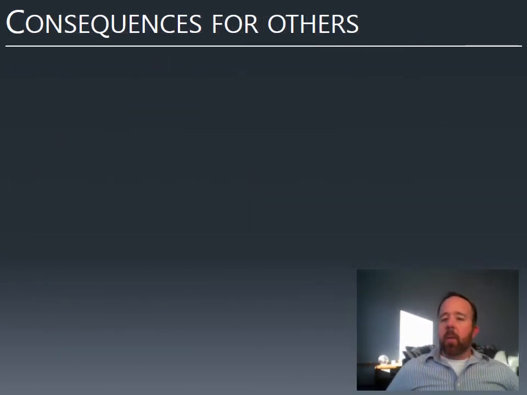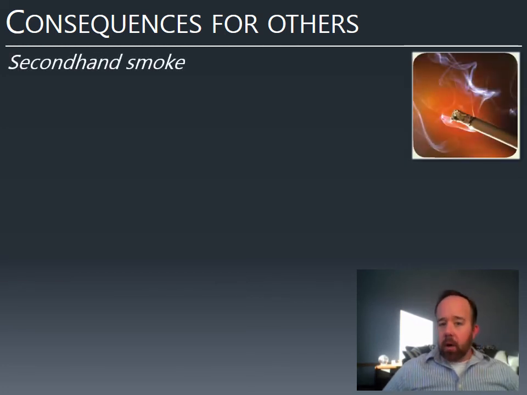And of course, it's not just the tobacco user themselves that is affected. There are things like secondhand smoke, which has been shown to increase cancer risk in anyone that's near the smoker. And of course, this has to be a chronic presence. It's not just walking by someone on the street who's smoking. But if you're in a household of a smoker, your cancer risk is increased. Not as much as the smokers, but still, it's been proven that the secondhand smoke has a negative effect